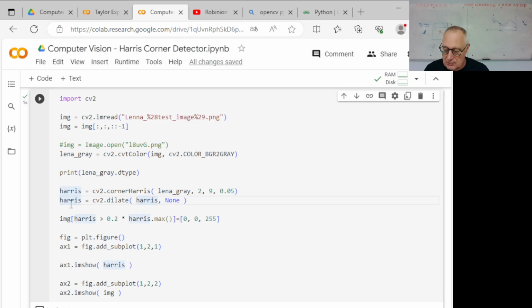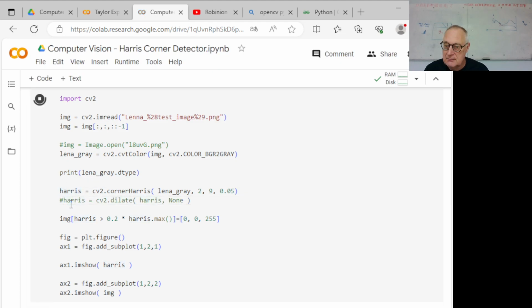So maybe I don't want to dilate it. And the blue points are a little bit hard to read. So I wanted to